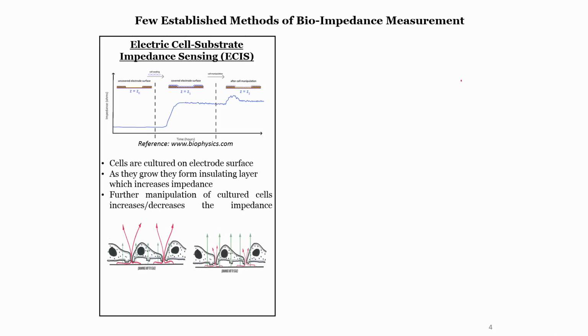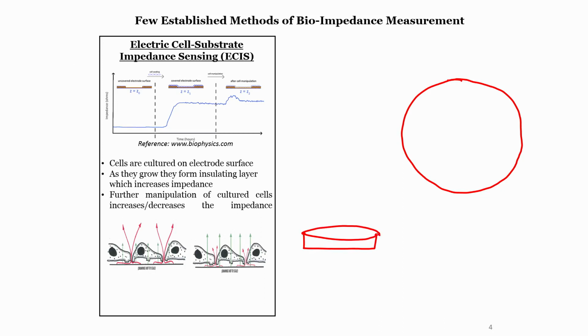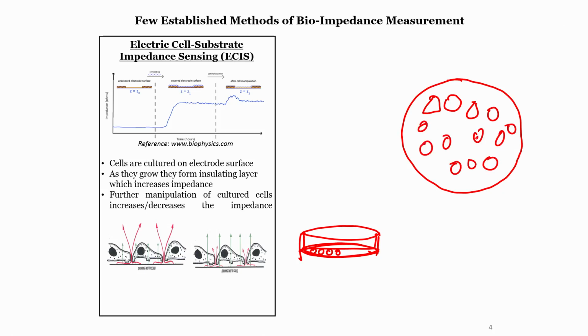So what is confluence? Let us say I take a tissue culture dish. A tissue culture dish is a plate like this, where the bottom surface forms a 2D layer. The cells from the tissue are removed, the matrix and everything is removed, and the cells are allowed to grow on the surface of the dish. Now what is confluence? Confluence is when more than 90% of this area is occupied by the growing cells.